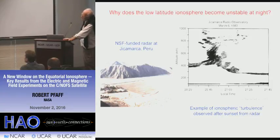With the radar, they look straight up, they get the backscatter back, and you plot altitude versus time, you get what's called a range time intensity plot, or RTI. As you can see here, these are irregularities. It is believed to be on the bottom side of the F region at night, the bottom side of the ionosphere. It moves upward, and you get this instability. These are called plumes. There are whole studies on this. And you also get some E region irregularities. And the question is,